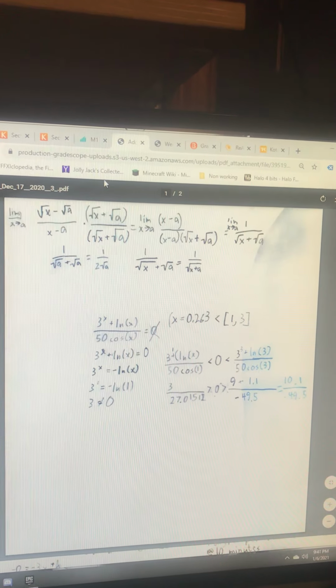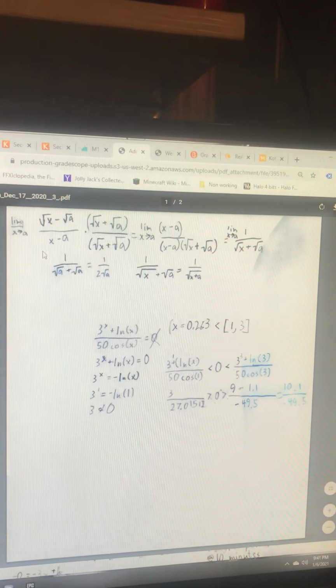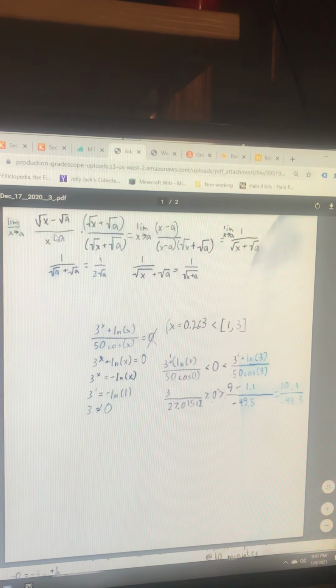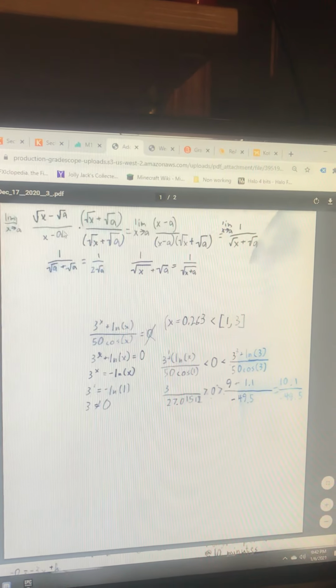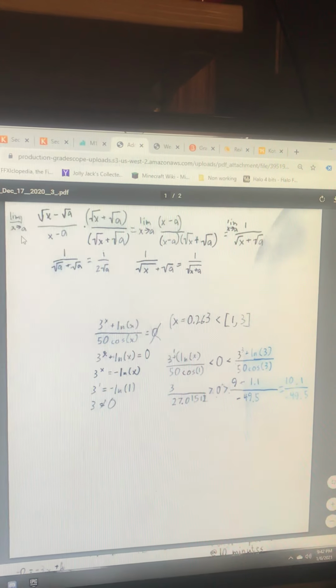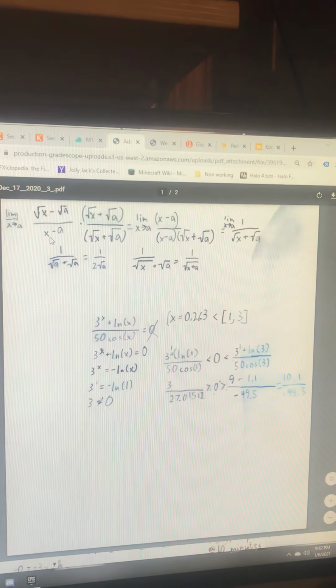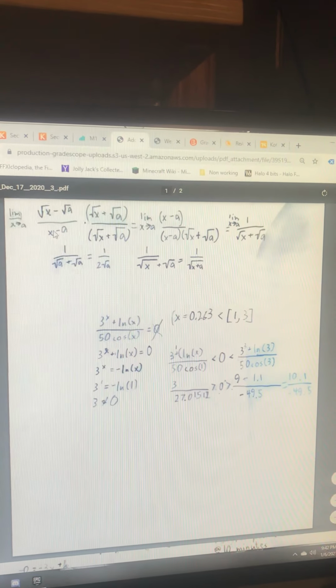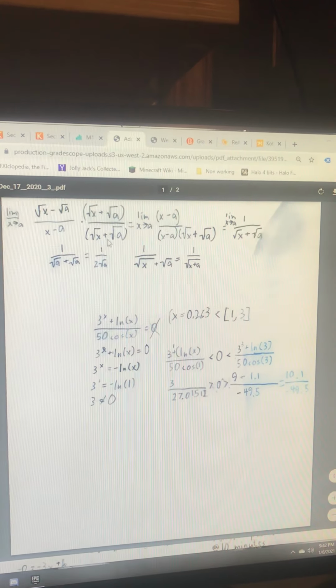which was evaluate the square root of x minus the square root of a over x minus a, and x is approaching a. Well, you can't do that because a minus a would make this 0 over 0, so you have to apply conjugation,